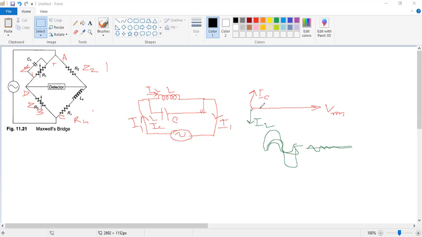Because whenever it is going to rise, then the inductance pulls it. Whenever the inductance pulls it, after a few seconds the capacitor will pull it back. So what happens? This became a resonance condition. This became a resonance condition.